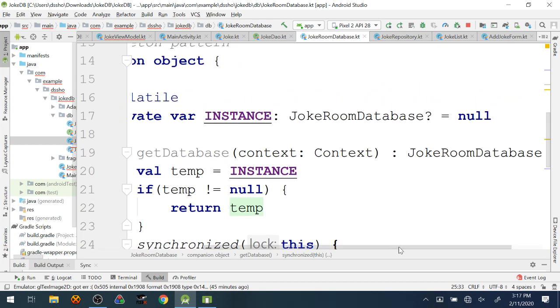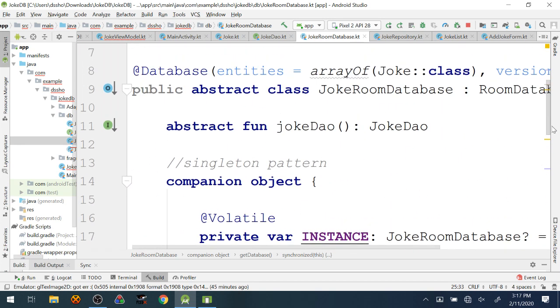So the JokeRoomDatabase, you can think of it as a placeholder class that the Room library is going to come through and set up all of the implementation that it needs to make things work. We don't actually get to see all of that happen. That happens under the hood, behind the scenes. But it's going to set up stuff like, how do I map stuff from the table to a Kotlin object? How do I take a row out of a table and turn that into a Kotlin object? That's the kind of stuff that this JokeDatabase is going to do.